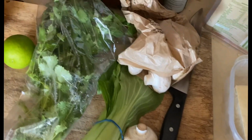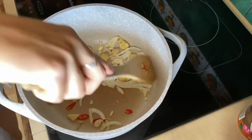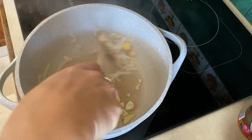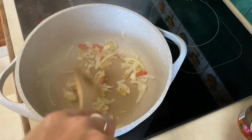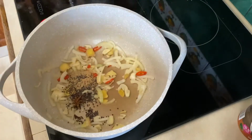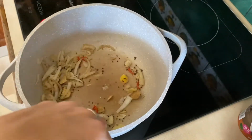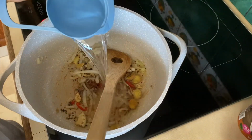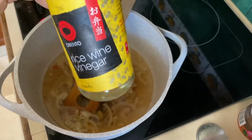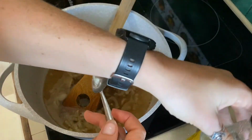So for lunch today, I decided to make a vegan pho. On medium heat, I added onions, garlic, ginger and chili into a pan. Then I added a splash of water to saute the vegetables. Then I added in my spices, which I'll list down below, and just toasted them until they became fragrant. Next, I added in 2 cups of water, 1 teaspoon of rice wine vinegar, 2 tablespoons of soy sauce,